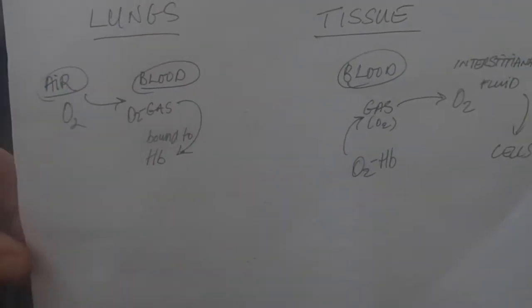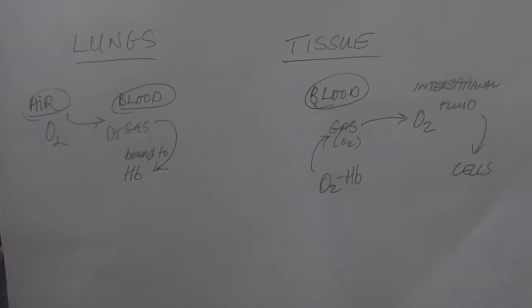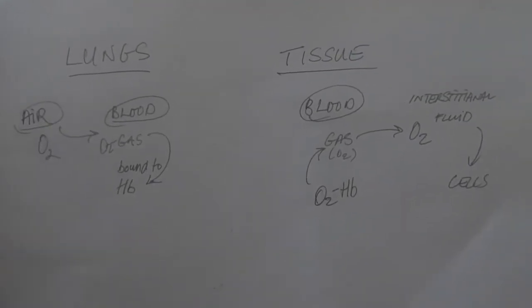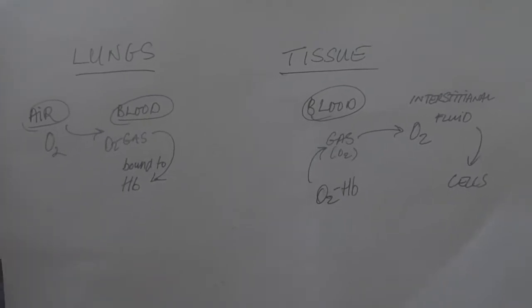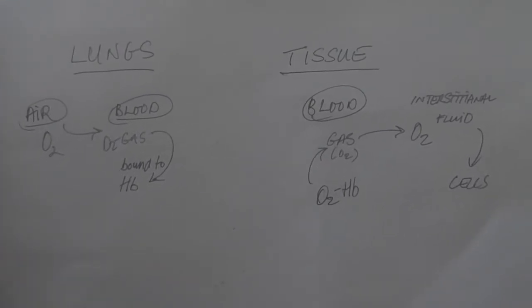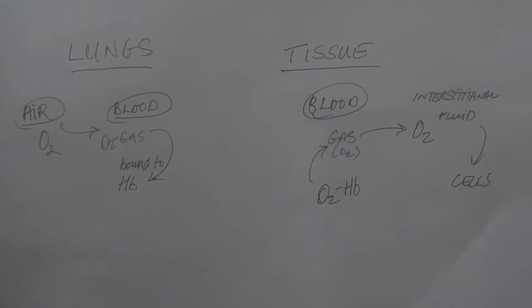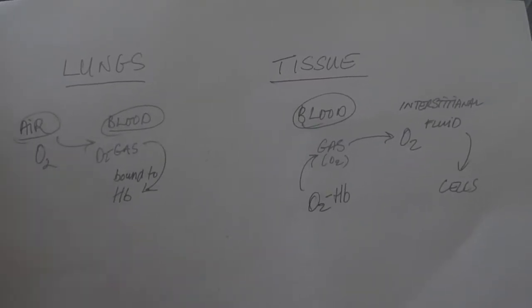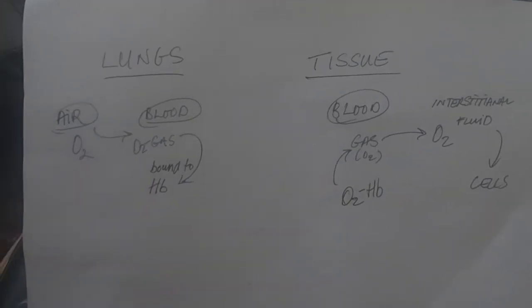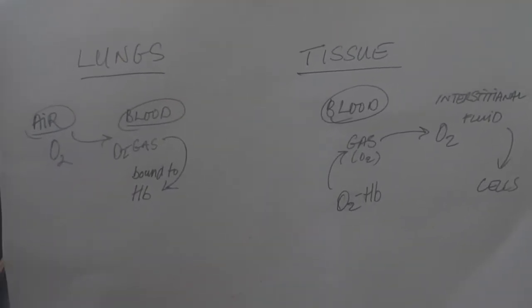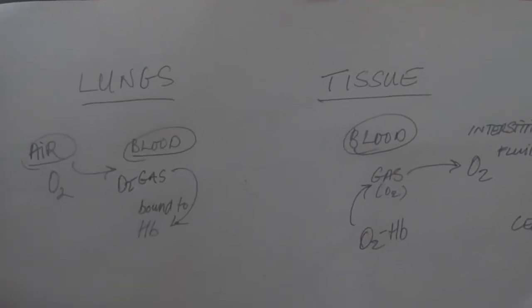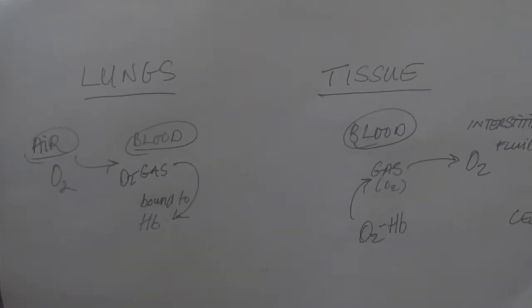Okay, I want to talk about the hemoglobin dissociation curve, which displays the relationship of oxygen bound to hemoglobin and the blood gas pressure in the arterial blood. So the thing I think is crucial to appreciate when you look at that relationship and the so-called curve,